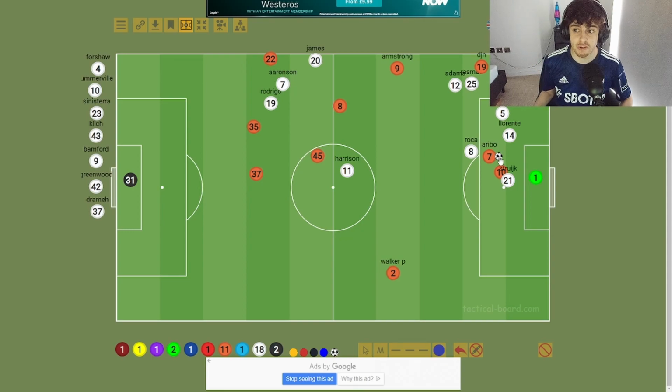When they made these substitutions, they were on attack straight away. They didn't give any time, so the players didn't have a clue who they were pressing. Aronson, James, and Rodrigo didn't know if they were meant to go or stay. And that created problems, 1v1s. They had overloads in areas where we should have overloads.